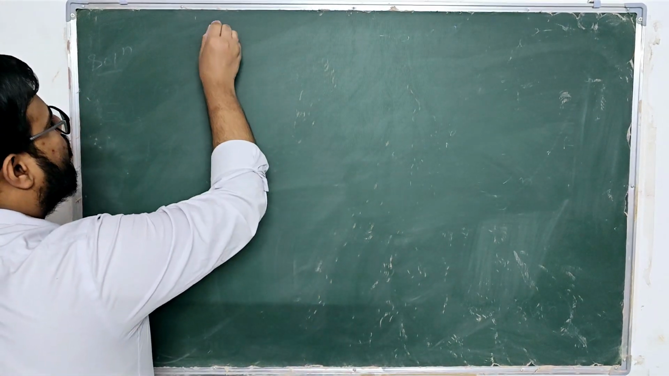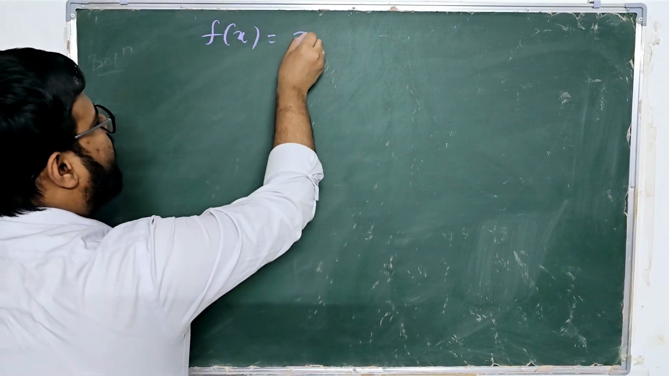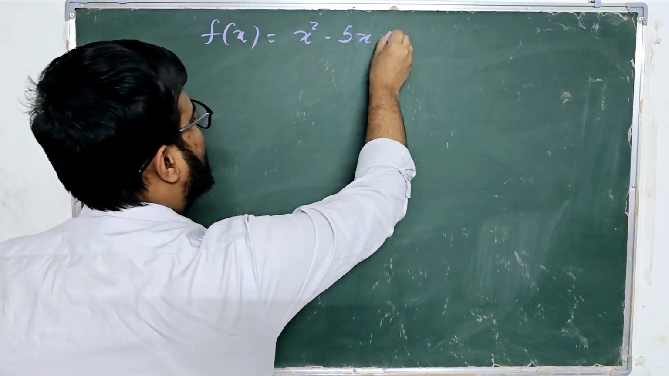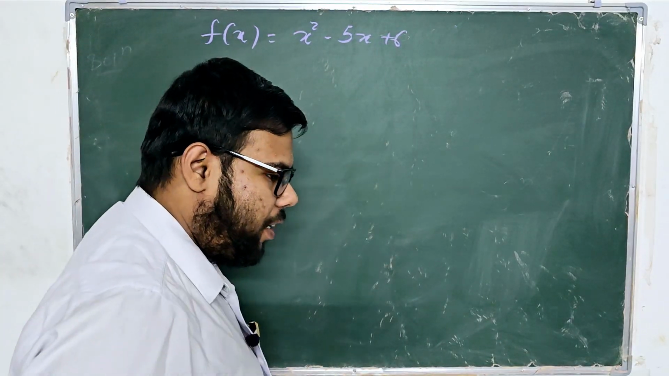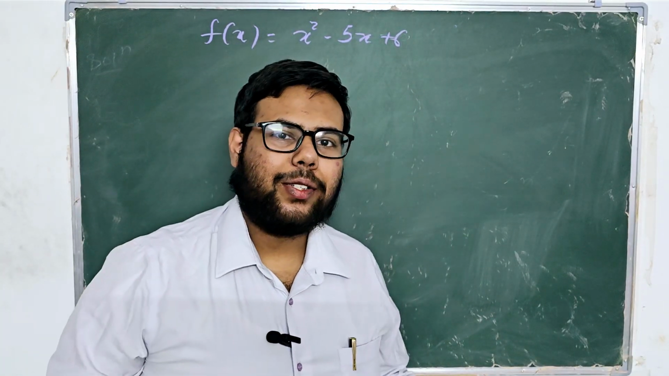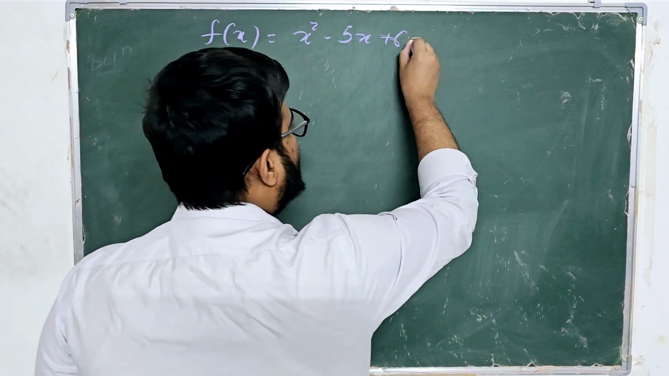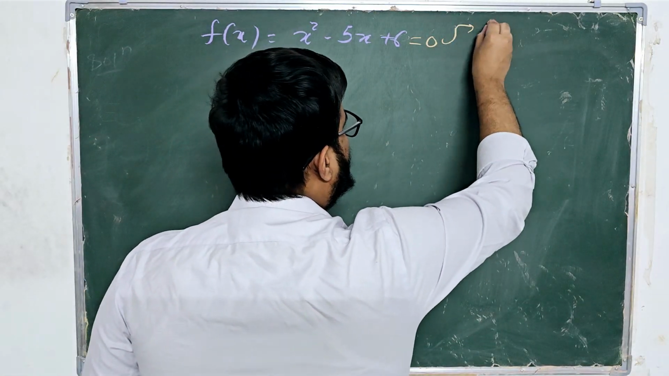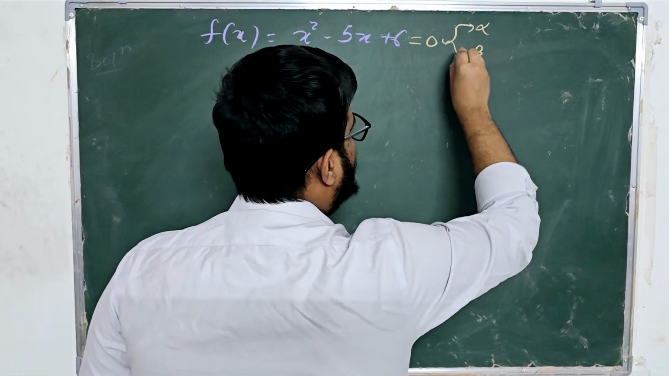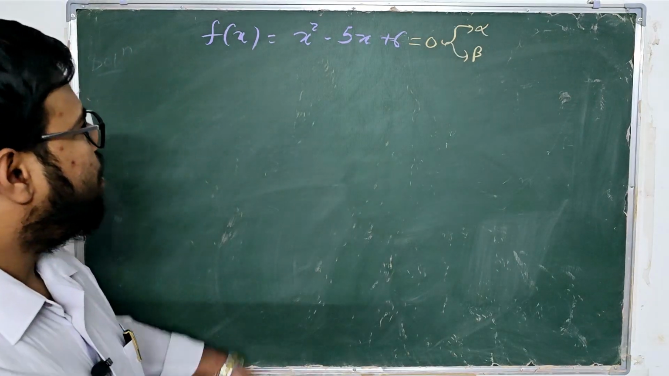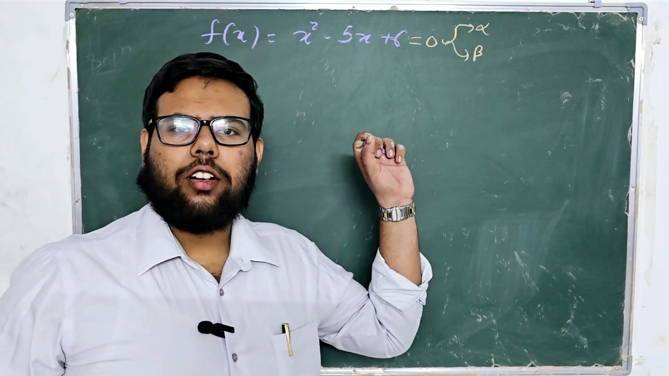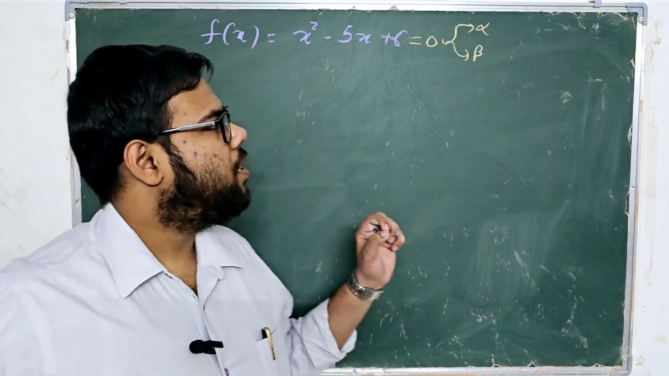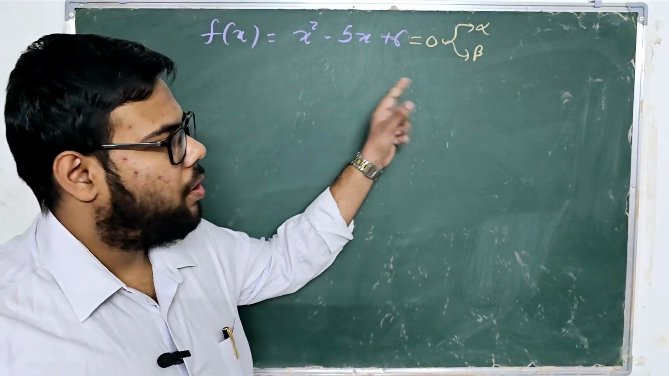Suppose I give you a quadratic polynomial f(x) = x² - 5x + 6, and I ask you to find the roots of this quadratic polynomial. How will you solve it? Well, you will set it equal to 0 and you will get two roots, alpha and beta, right? So how will you solve this? Either you will apply the quadratic formula or you will just complete the square to get to the result,